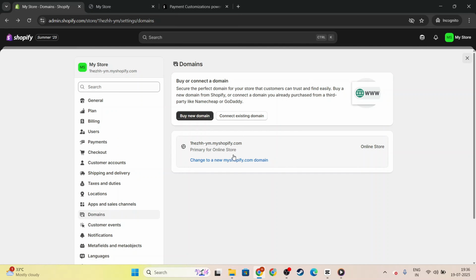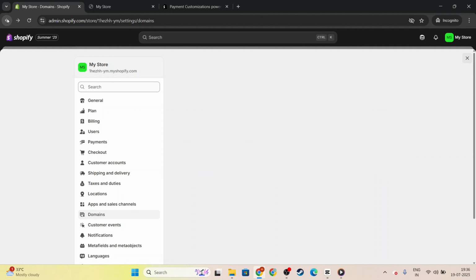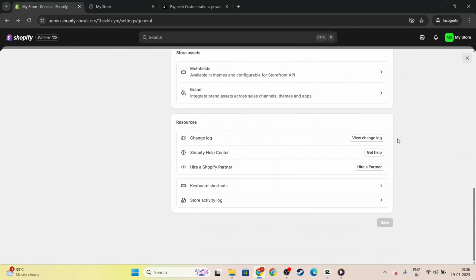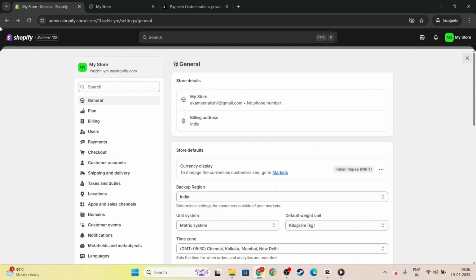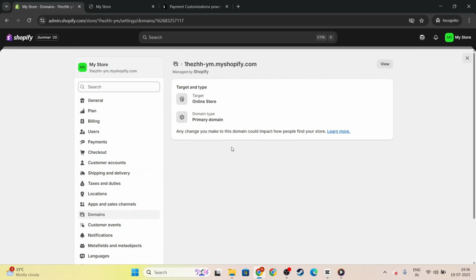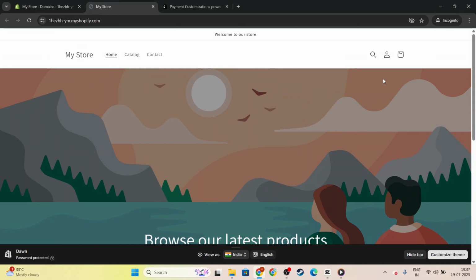Next, it's essential to review your DNS settings. DNS, which stands for Domain Name System, essentially acts as the Internet's phone book, linking domain names to IP addresses. If the DNS settings aren't configured correctly, your domain won't work as expected. Check the details against the ones provided by Shopify to ensure everything is in line. Make sure that your domain points to the Shopify IP address, which you can find in the Shopify documentation or